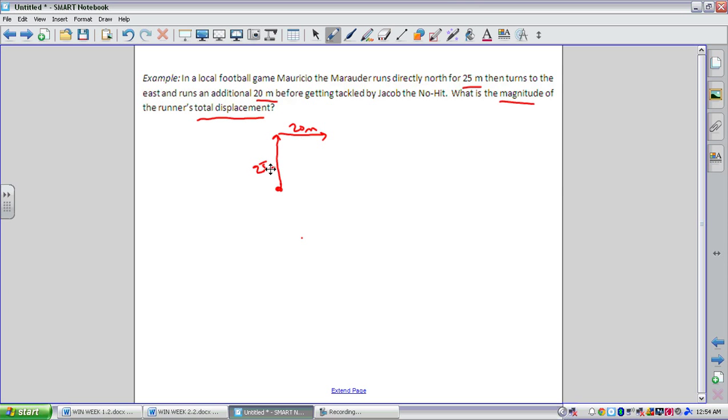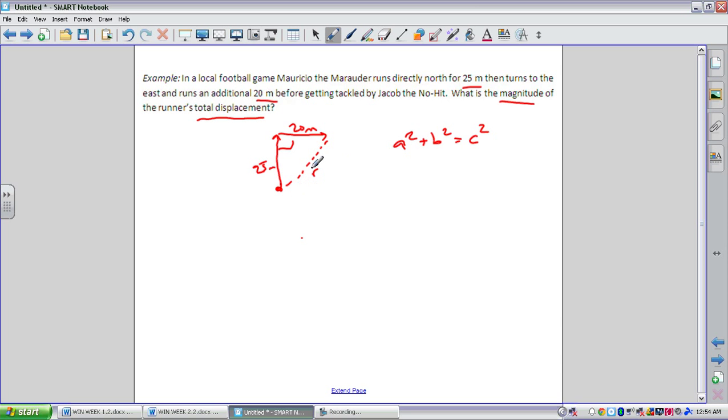So when we're doing this, you can see that this actually forms a right triangle. And we can use the Pythagorean theorem to find this resultant vector right here. And we do that using the equation a squared plus b squared equals c squared. And that'll give us the resultant vector that's formed between these two distances that have been traveled by this